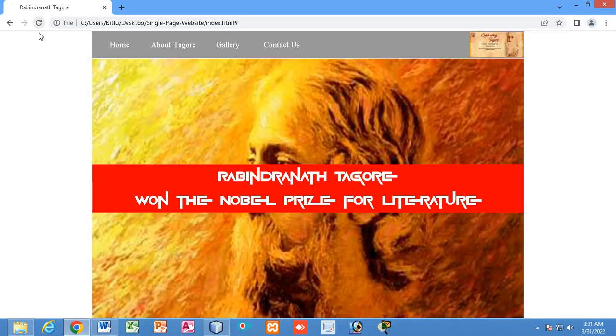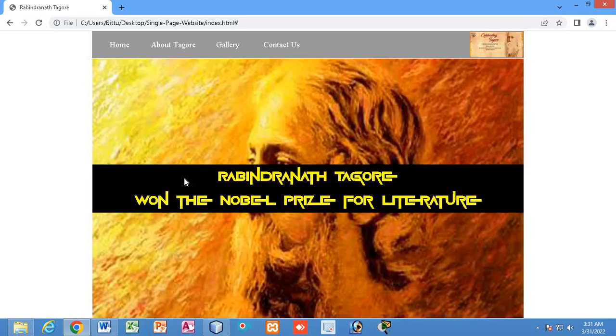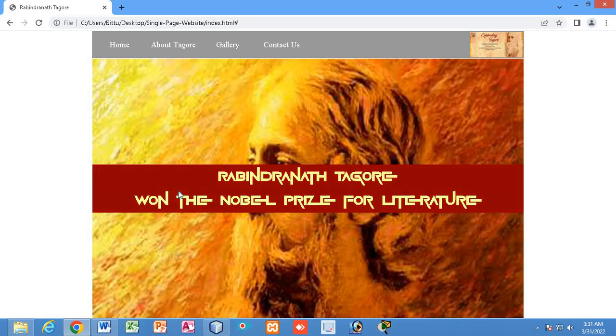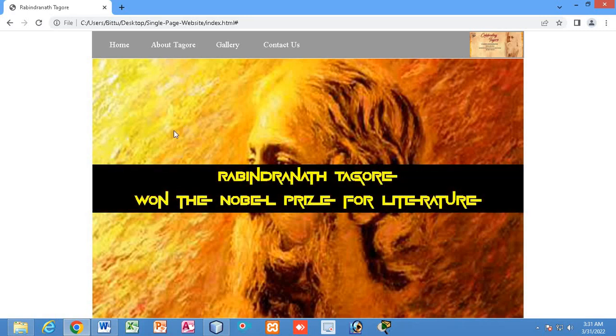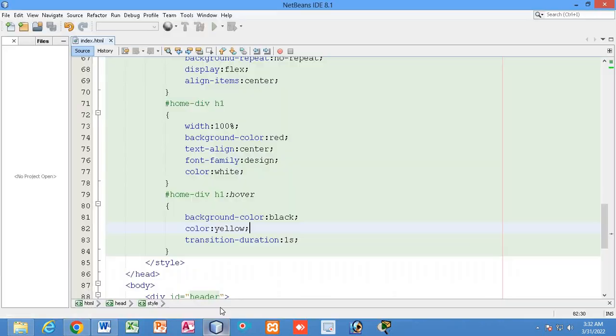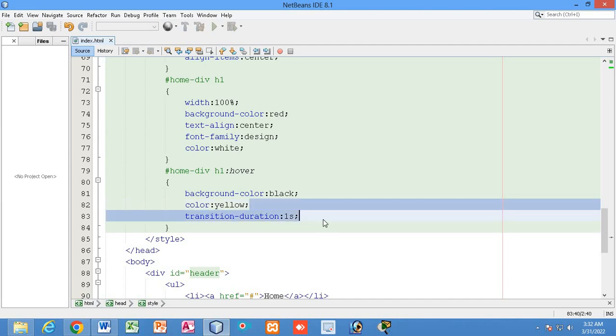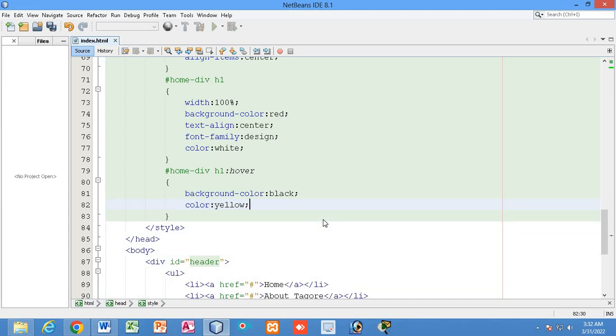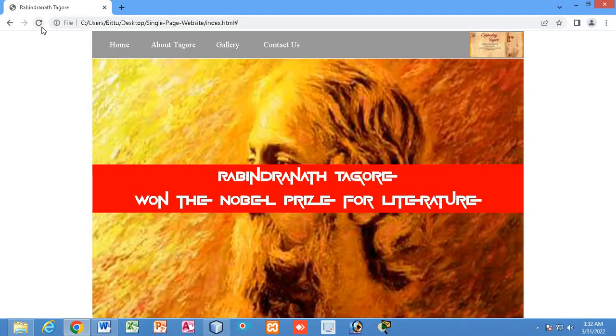So let us see how it looks now. Okay, so you can see the text color is changing from white to yellow, and background color is changing from red to black. See, all the transition time is taking till 1 second, so it is not happening instantly. Previously, if I just remove this transition duration, now this time you can just check out.